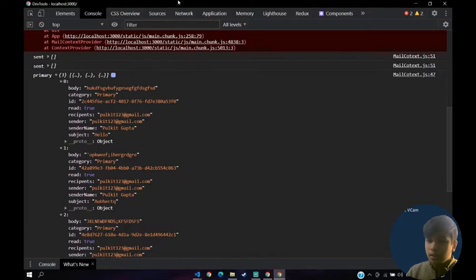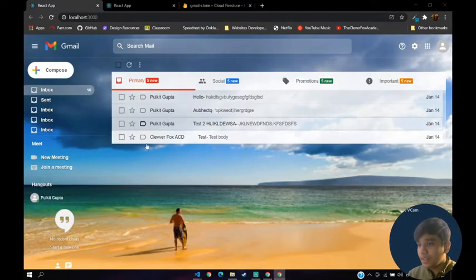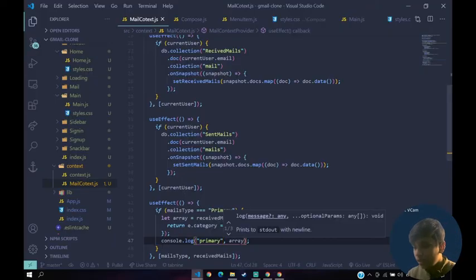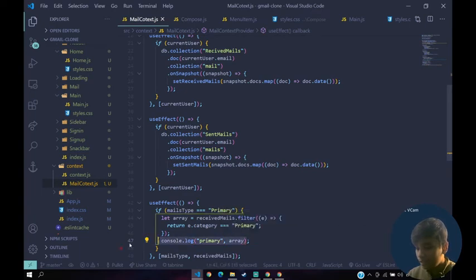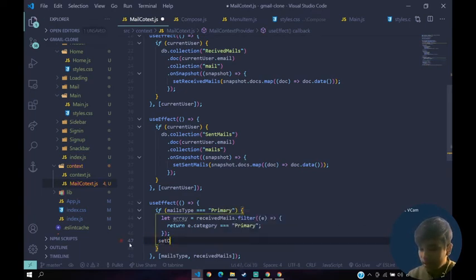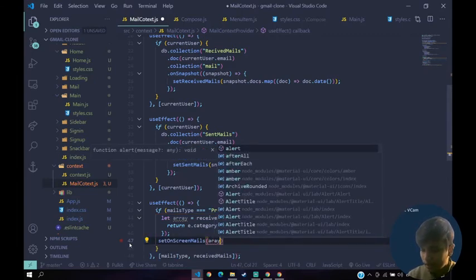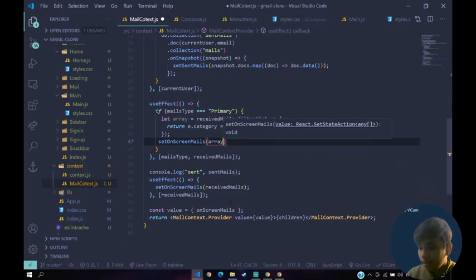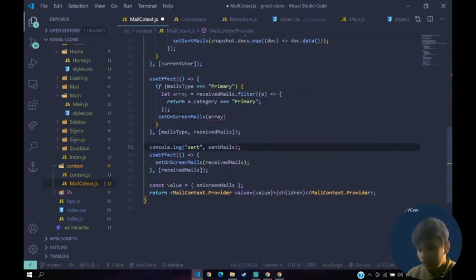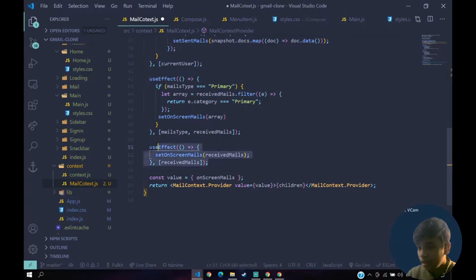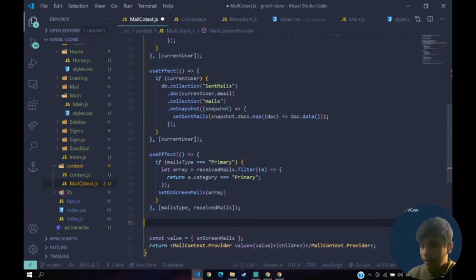Great. So basically now when that happens, what we'll do is we will set our on-screen mails to be primary, to array, right? So it's working basically, right? So we'll set this to array, and we can remove this console log here and even this thing here, right?